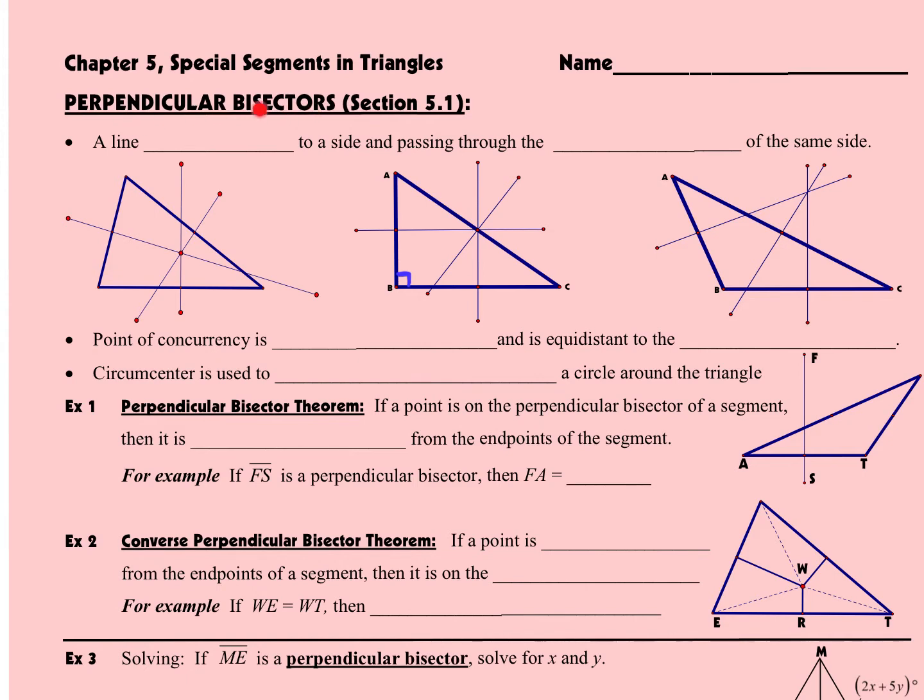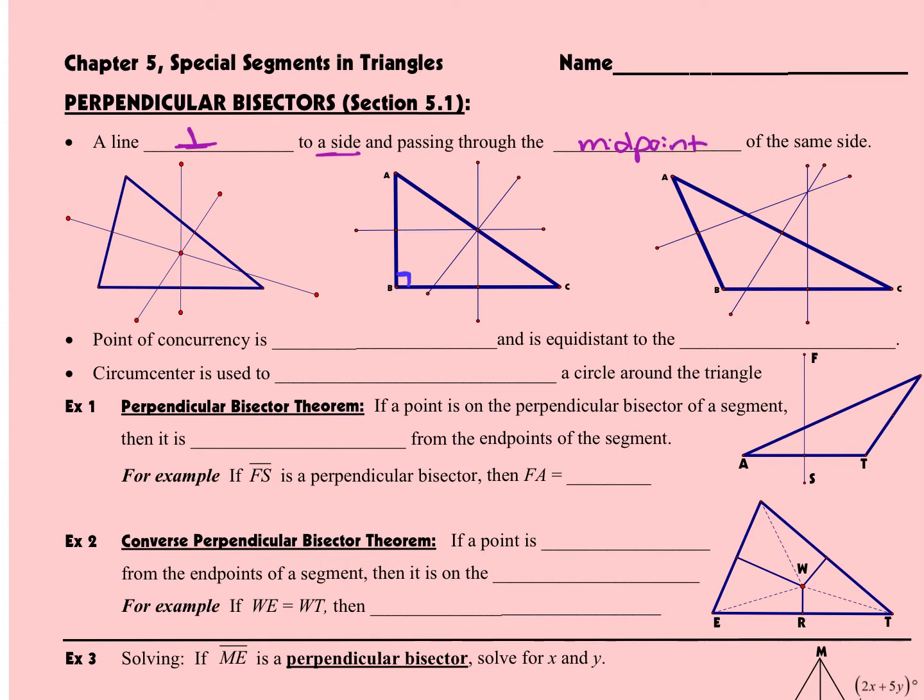And we're going to first look at this new segment called a perpendicular bisector. Now, we've done perpendicular bisectors when it's just of a segment, but now we're going to look at what happens when we have a triangle. So just as we've been doing up until now, a perpendicular bisector is a line that is perpendicular. You can just use your symbol here. There's nothing wrong with that. A line that's going to be perpendicular to a side, and it's going to pass through the midpoint of